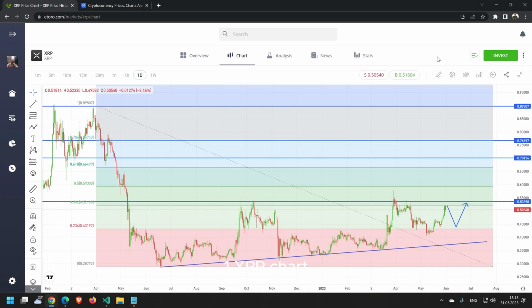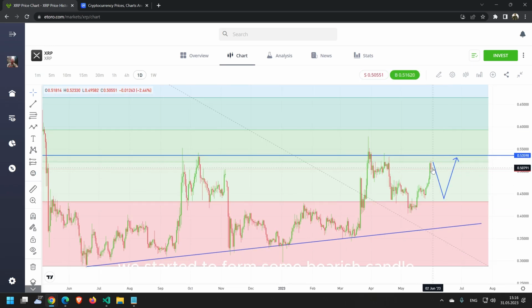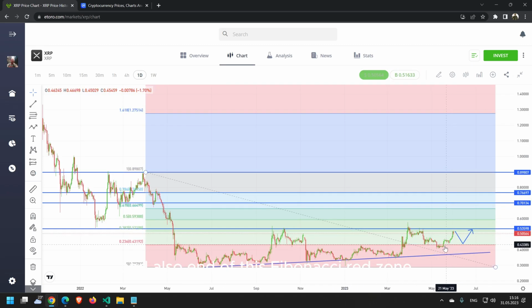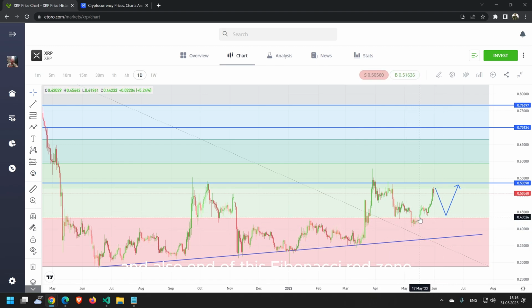On the XRP chart, as you can see, we are testing this support level, resistance level several times, and hopefully we will break it at some time. But for now, we are just slowly going up. I don't think we will be breaking it right now. As you can see, we started to form some bearish candle. So it most likely will be going down to the previous support level and also the end of this Fibonacci retracement red zone,